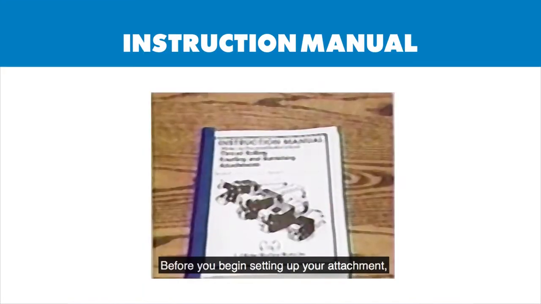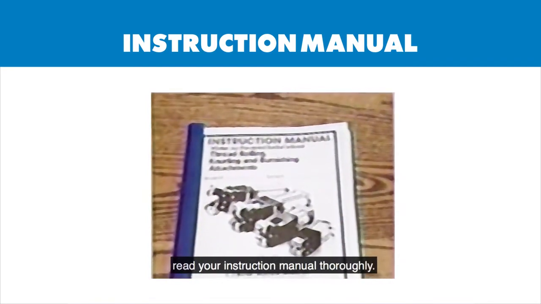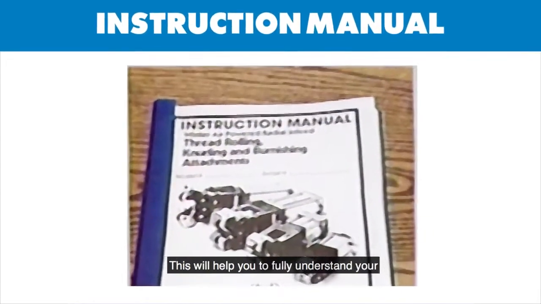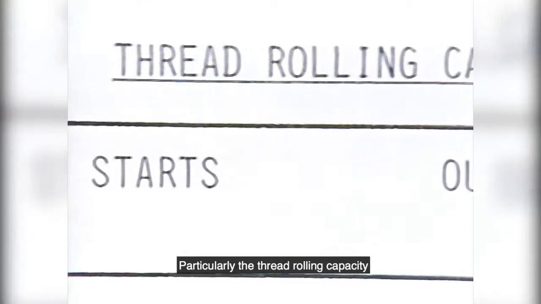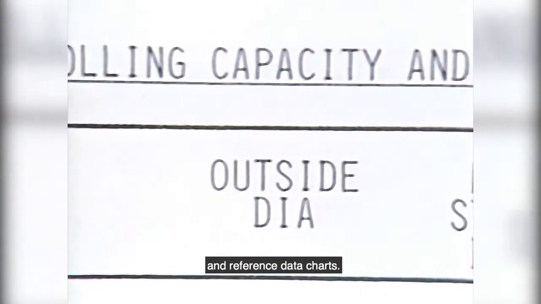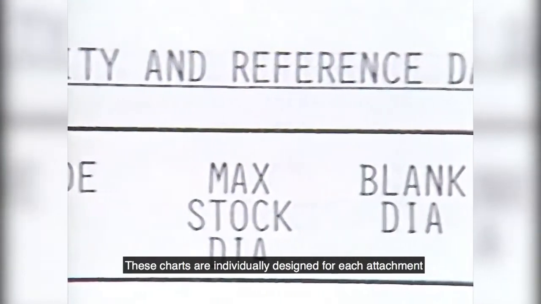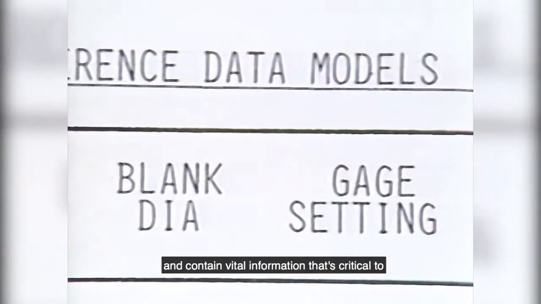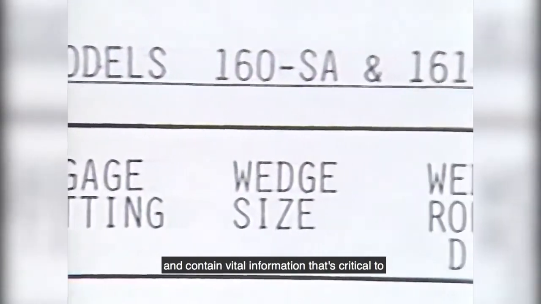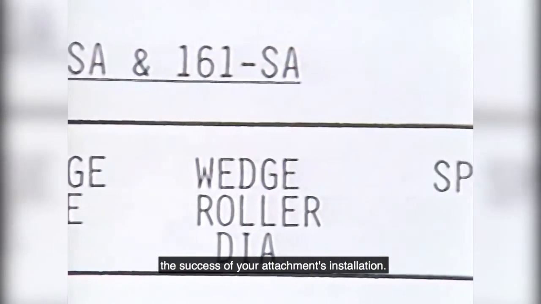Before you begin setting up your attachment, read your instruction manual thoroughly. This will help you to fully understand your attachment's application and prevent costly errors or accidents. While reading, pay close attention to Section 5, particularly the thread rolling capacity and reference data charts. These charts are individually designed for each attachment and contain vital information that's critical to the success of your attachment's